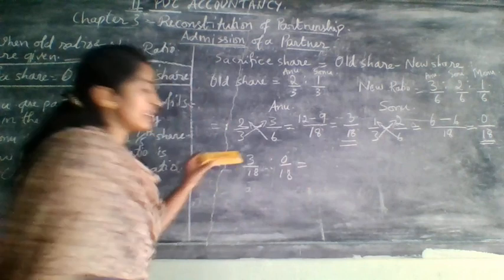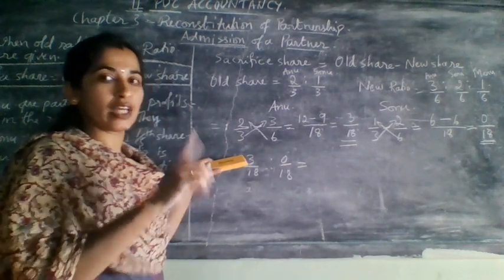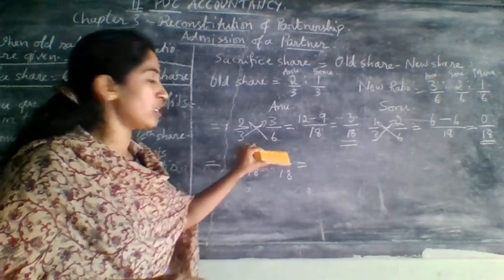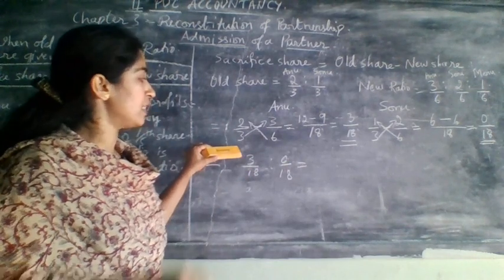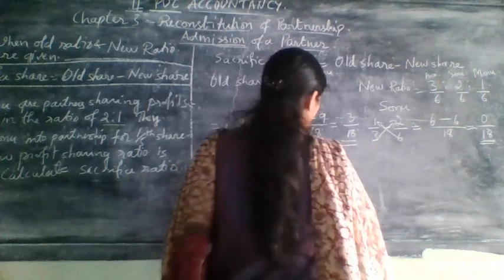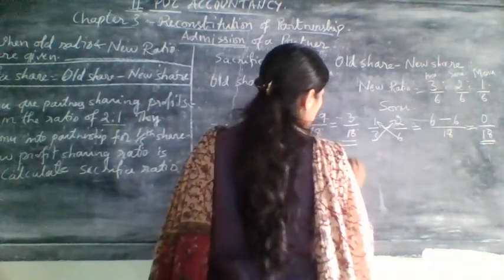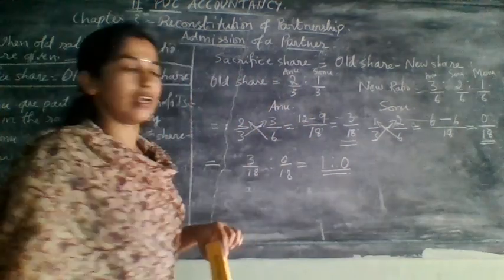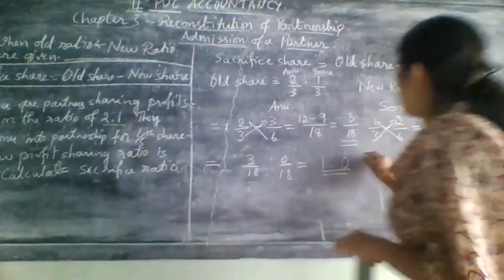0/18. That means 3 will come to 1. You can consider it because the ratio is 3:0. 3 means he is giving one complete part, so that's why you can consider it as 1. So 1:0. This is the ratio, and right here